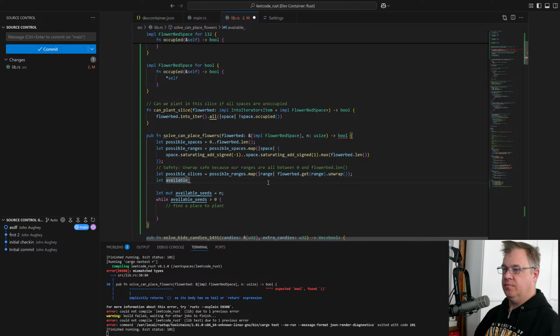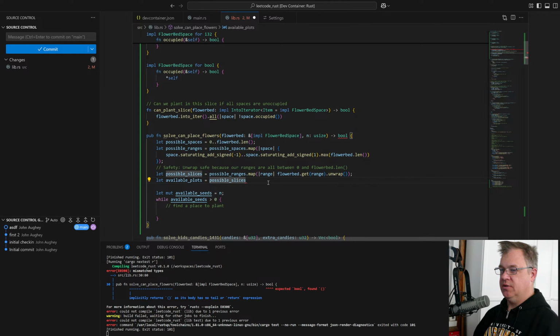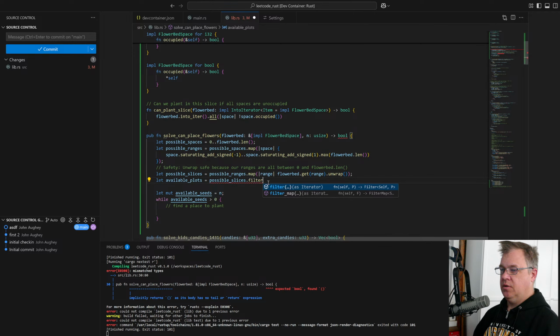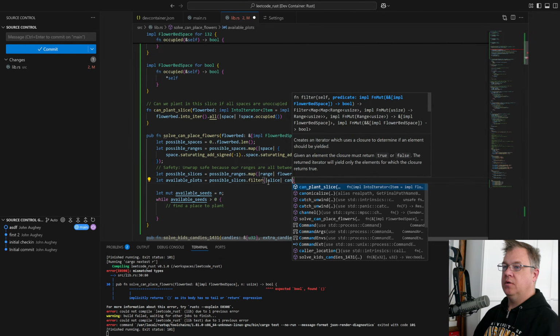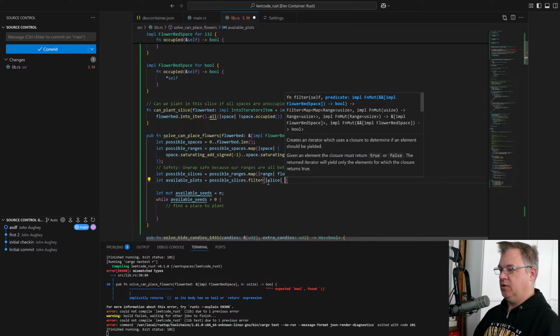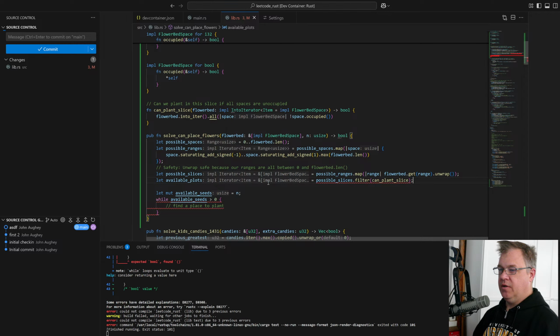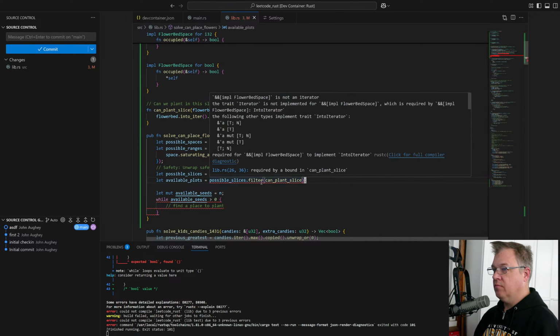Available plots is going to be our possible slices filtered on if we can plant in this slice. Yeah. What is this not like?